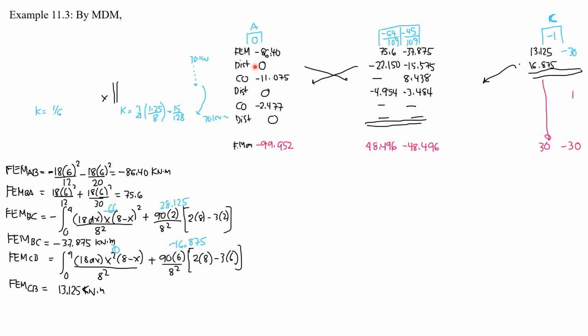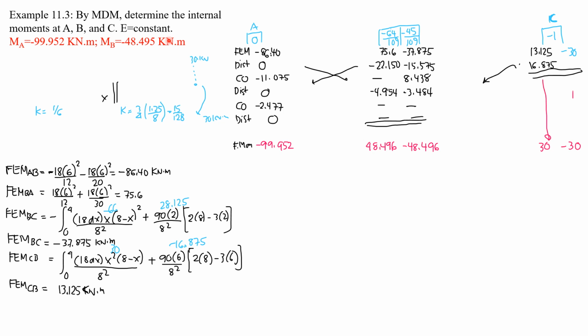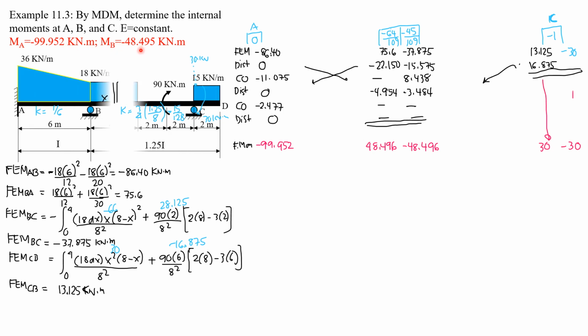Here is a problem on indeterminate beam by moment distribution method. Actually, this problem has been solved by other preceding methods like superposition, force method, double integration, or least work. And we'll just verify that these moments at A and B are the answers. So here we go. Here is the beam.